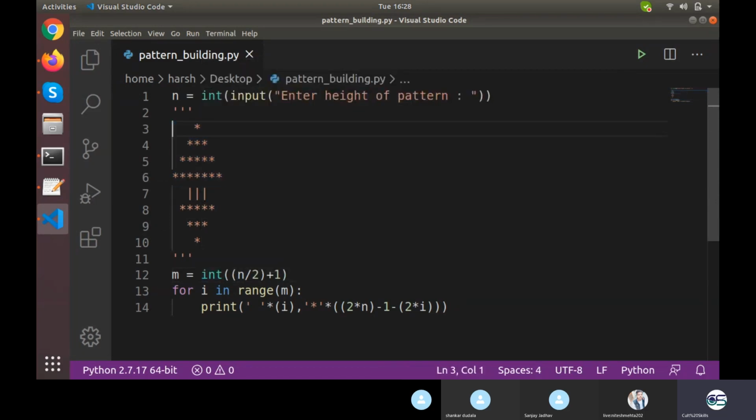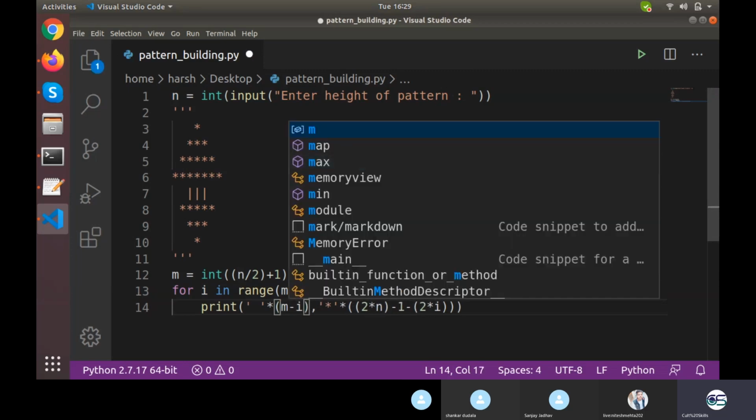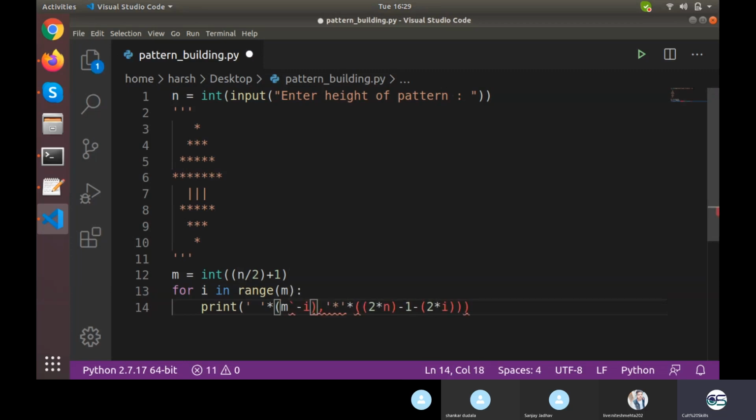So for 7 it will be 4. So I want to run this for m, and which particular thing? The one which we have drawn first earlier. So the value of I was, I guess, n minus I, or simply m minus I right now. Yeah, exactly, it is m minus I, and the value of stars is 1 plus 2 multiply I, I guess. Let me just verify.